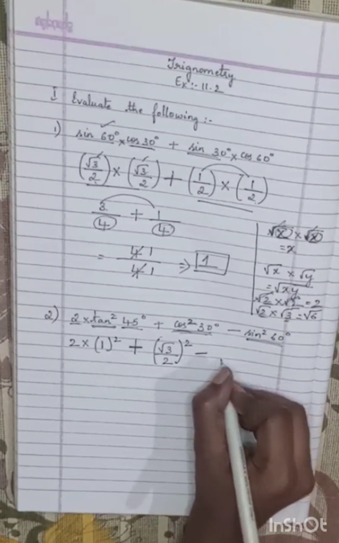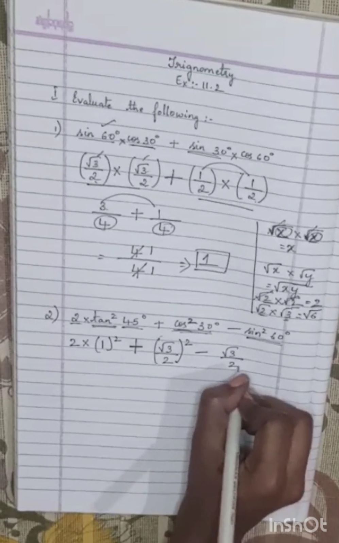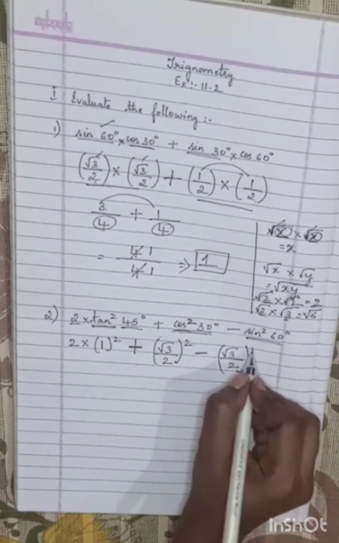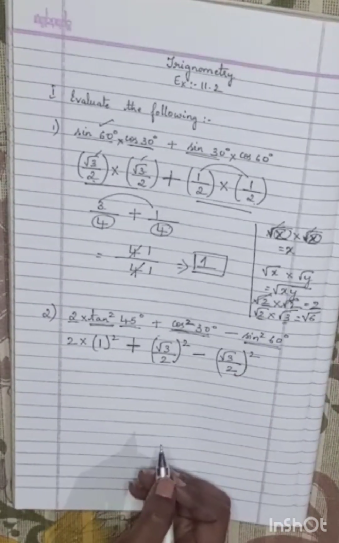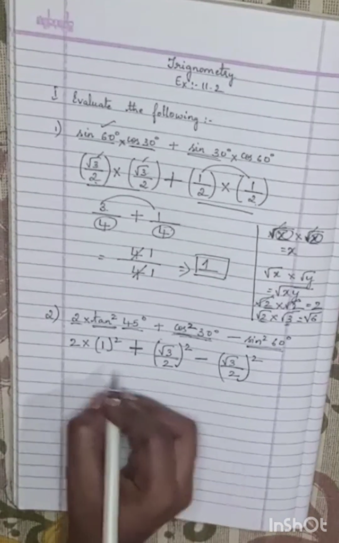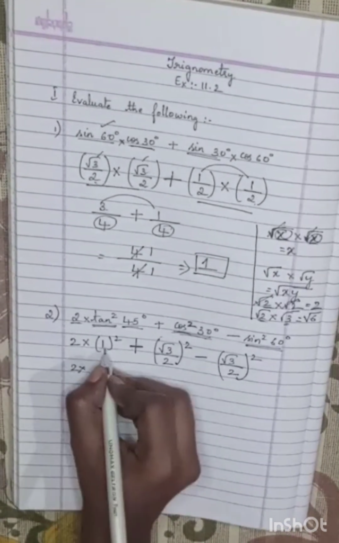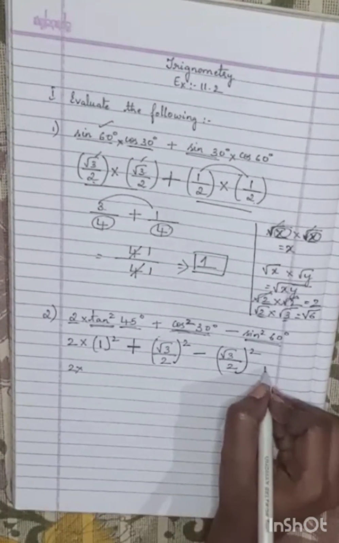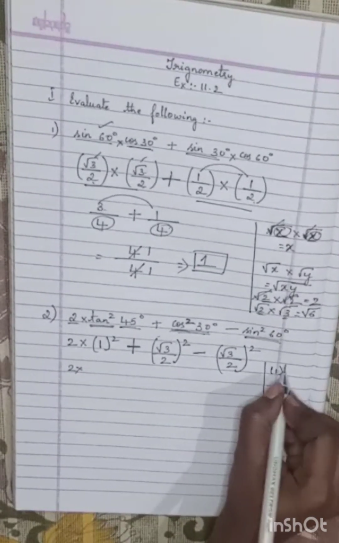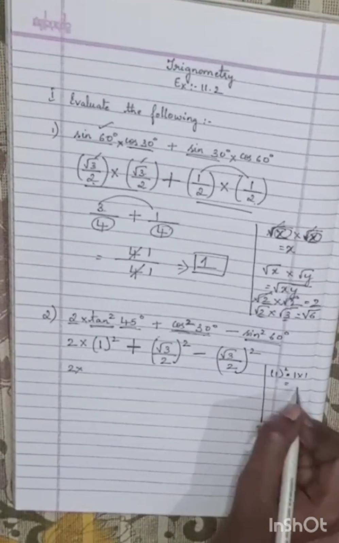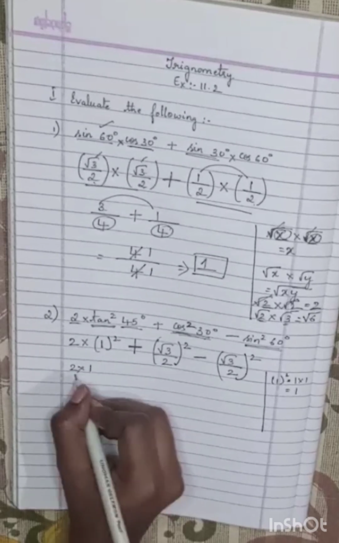Sin 60 value is root 3 by 2 square for the whole numerator and denominator. Next, let us solve. 2 into 1 the whole square. 1 the whole square means 1 into 1. 1 is always 1. So 2 into 1